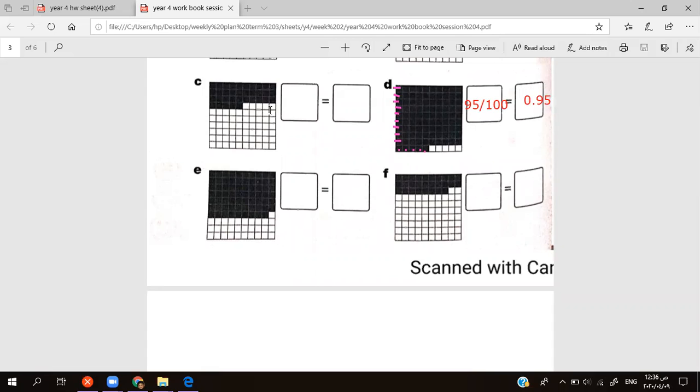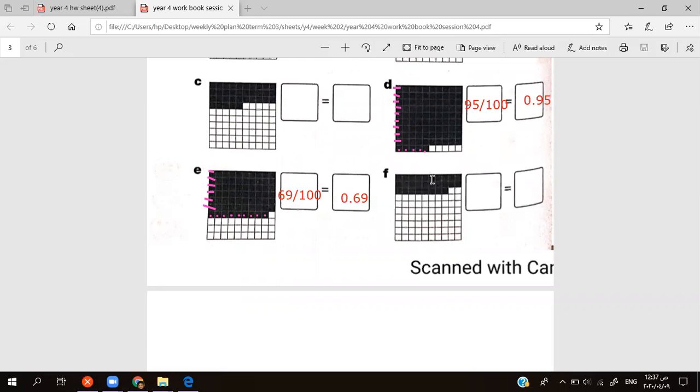Let's try number E. 10, 20, 30, 40, 50, 60, and we count the ones: 61, 62, 63, 64, 65, 66, 67, 68, 69. So here it is 69. 69 from how many? From 100. Now we turn it into a decimal. My decimal will move two places, so it's gonna be